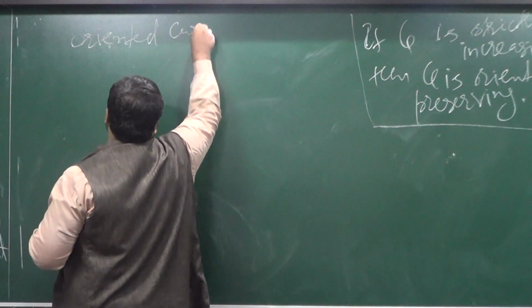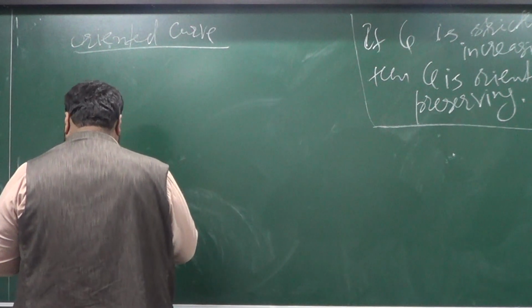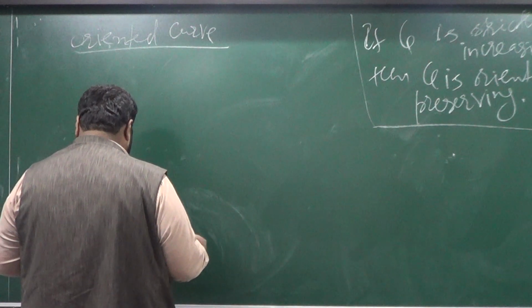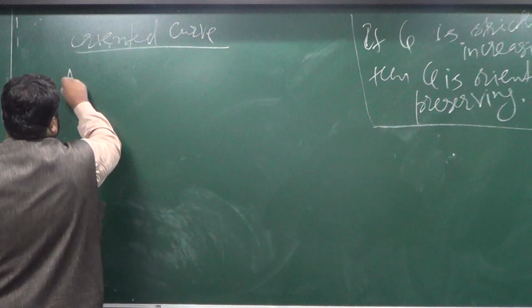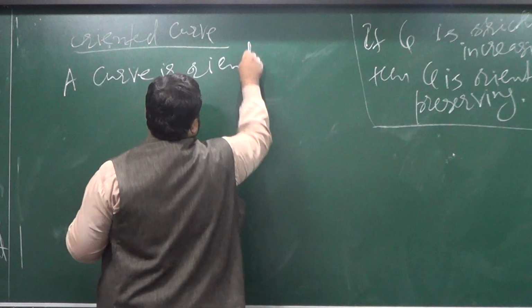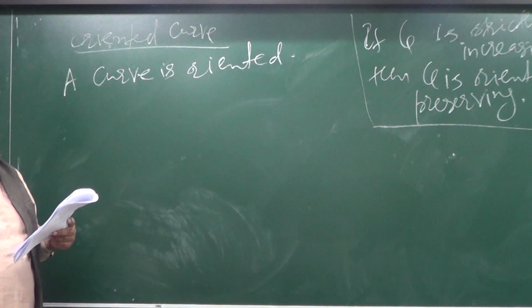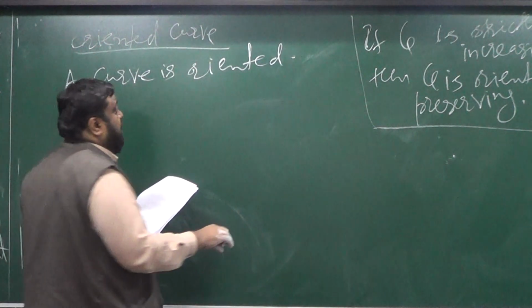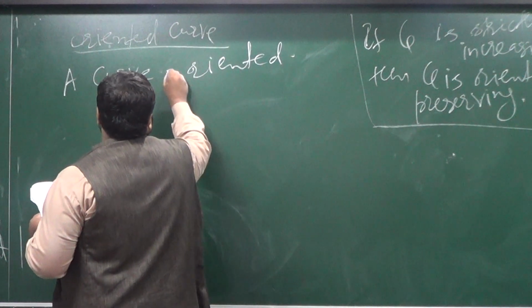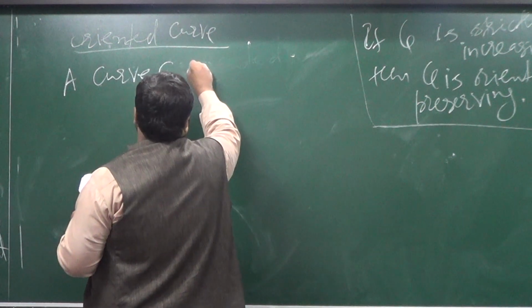The final definition for today is called an oriented curve. I would like to precisely define what is the meaning of an oriented curve. A curve is oriented if it doesn't change orientation with its parameterization sign. That's it. So whenever you are talking about a curve C with